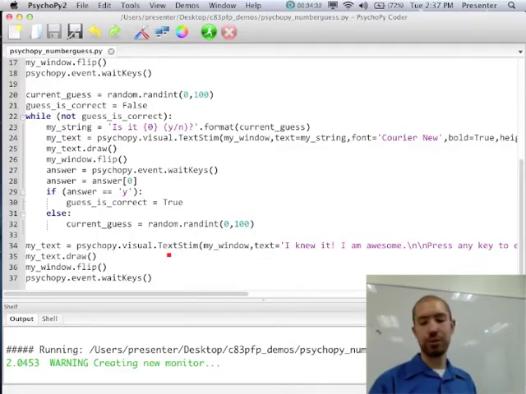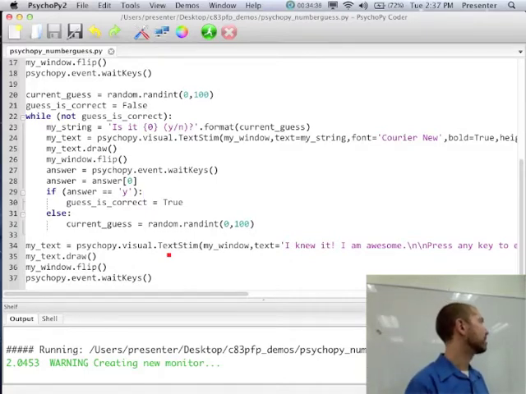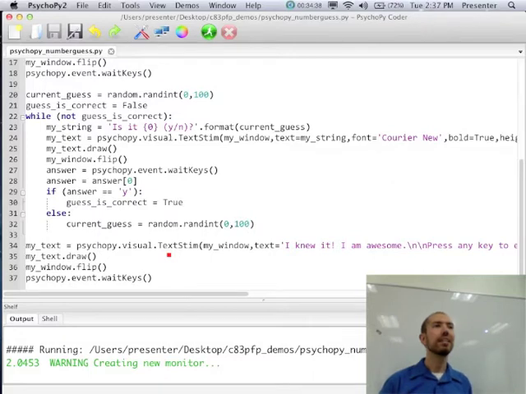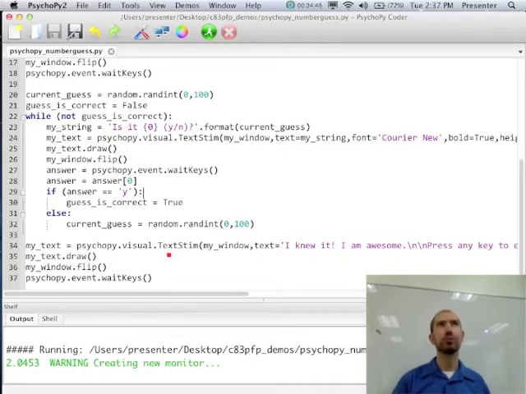Basically, the thing that's a little bit weird to get used to is the syntax of objects, right? Because in English, you might want to say, all right, I want to draw some text, right? And that's basically a procedural programming way of thinking about it: I want to perform the function of drawing, and I want to do it on this text, right?